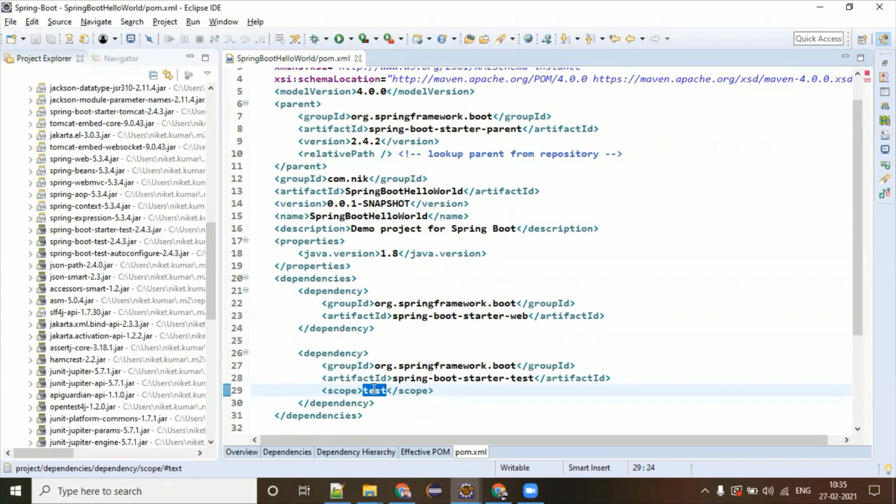And that makes sense also. Sometimes you have huge test cases written. You have lots of libraries related to your testing framework itself. But in production, why do we need these testing related things? People are not playing around with the test classes and test libraries. So it is very, very important that whenever you are adding any dependencies related to testing, make sure that you have the scope added as test. If you don't have the scope added as test, then these libraries are going to be indirectly part of your jar or also the war.